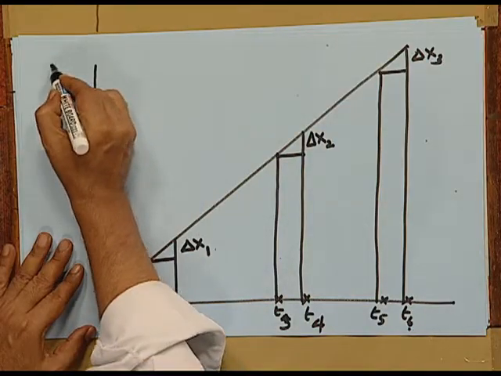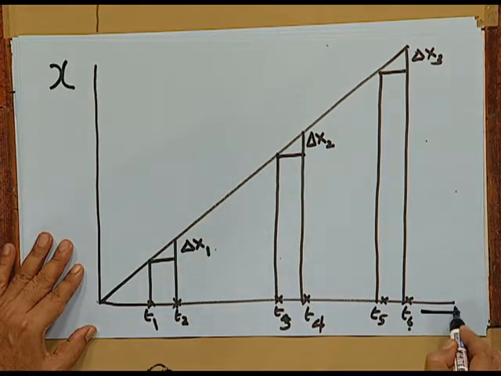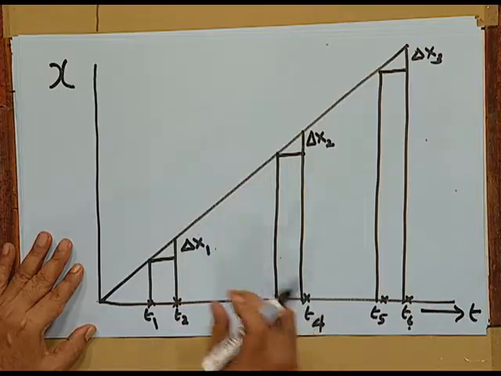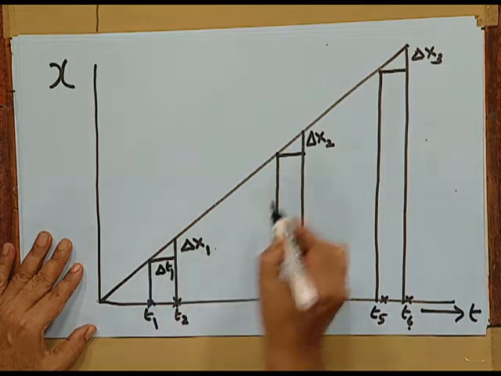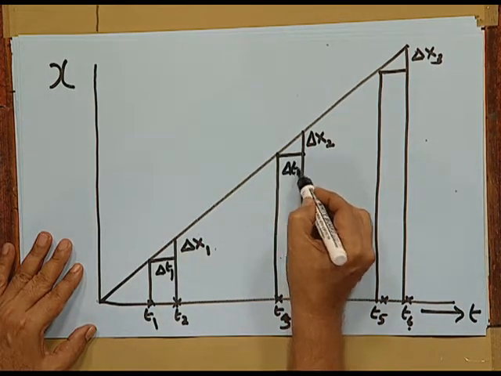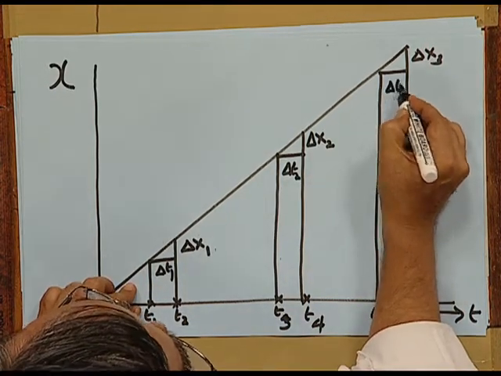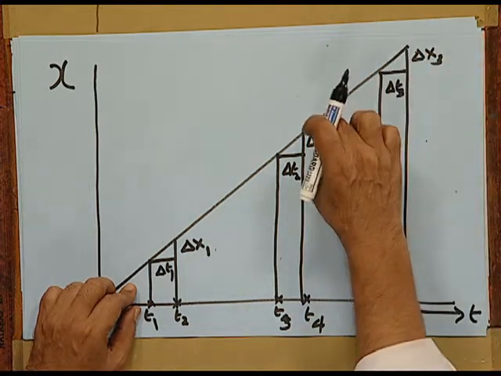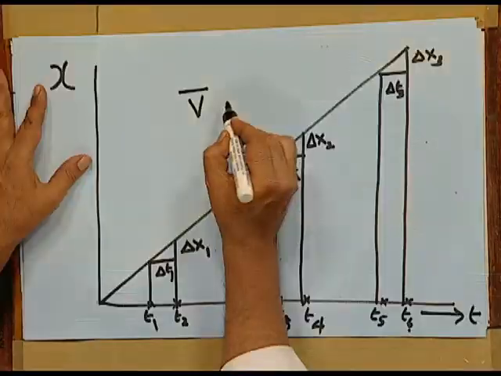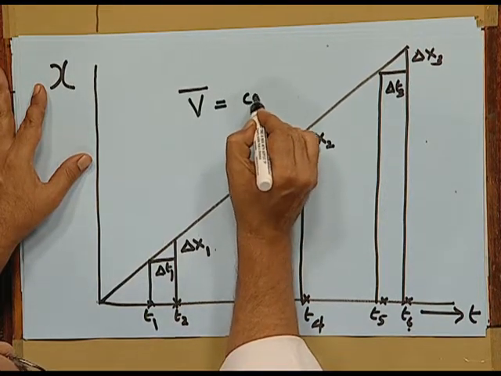Do you see that in this case, when the position time graph, x versus t, is a linear graph, it means the average velocity, that is delta x1 by delta t1, is the same as delta x2 by delta t2, for the same interval, delta t1 being equal to delta t2 and also equal to delta t3. Delta x3, delta x2 and delta x1 are all the same. So, we say that this is a graph which represents average velocity that is the same and constant, unlike this graph which we did earlier.